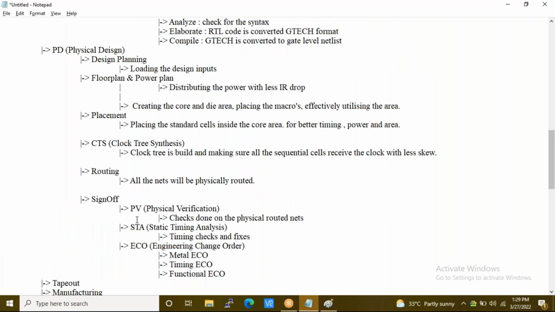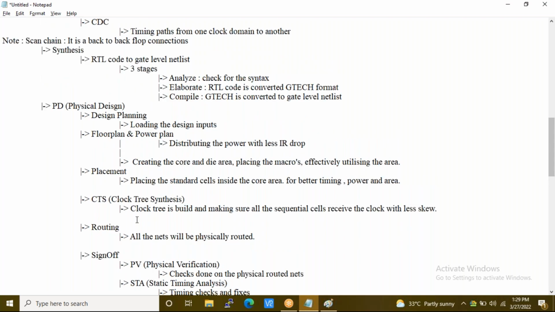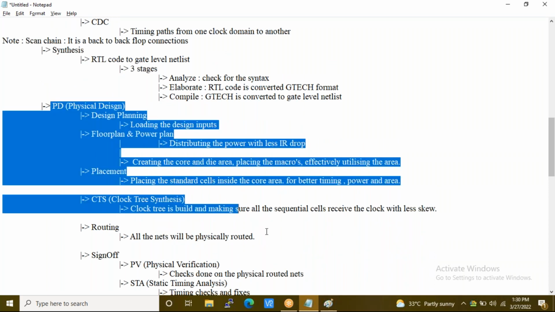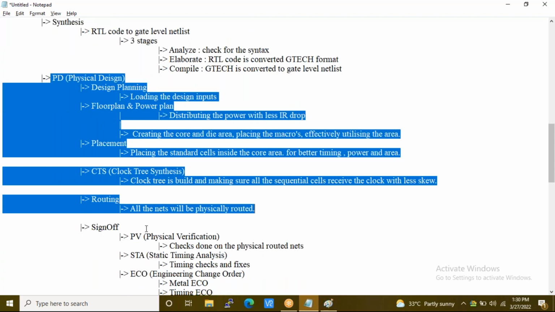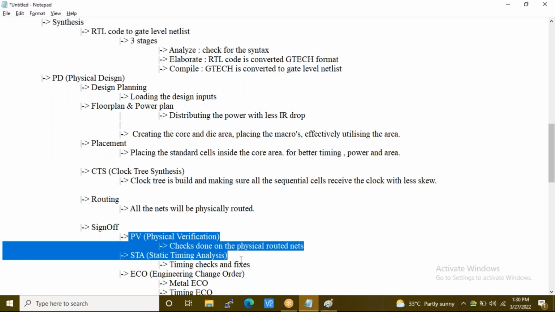All right. When we go to the advanced level course, you will be majorly focusing first on the PD perspective, where you will be doing theoretical and practical parallelly. After that you will perform some checks, PV, STA.